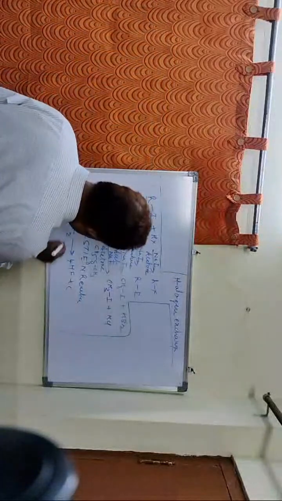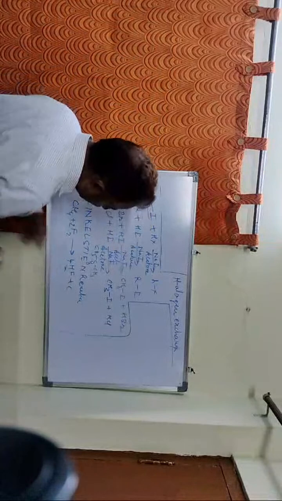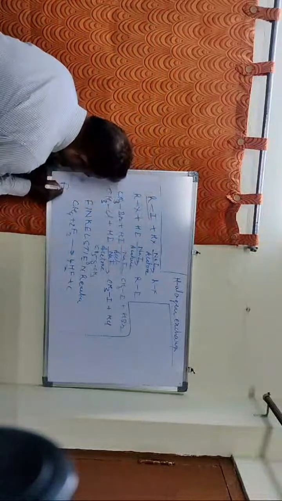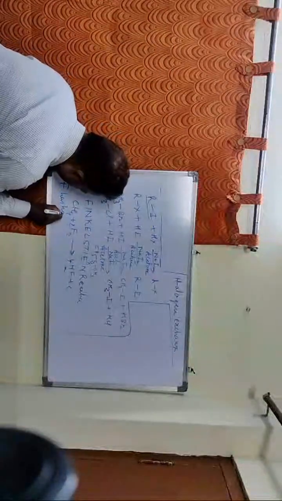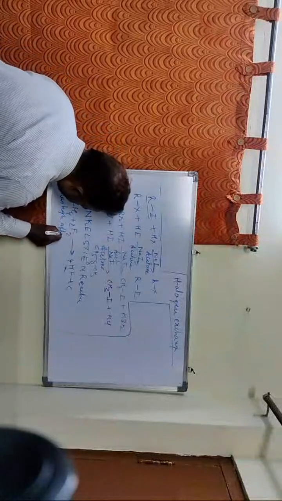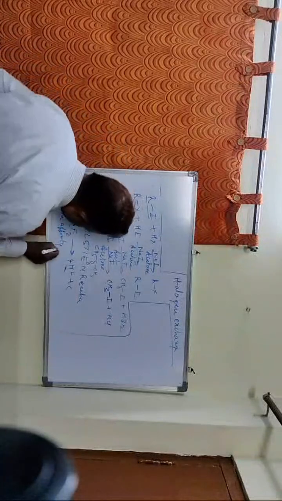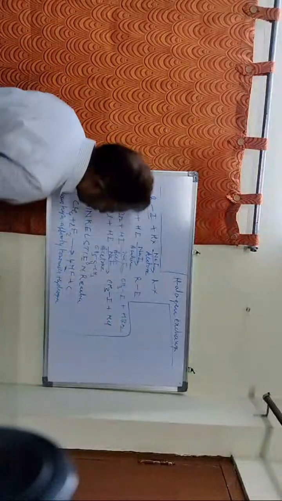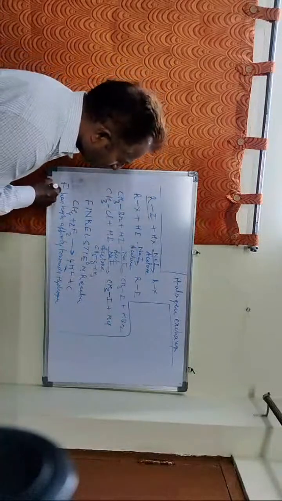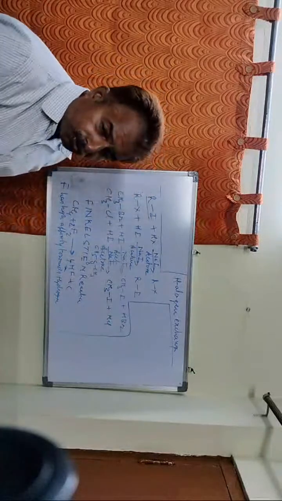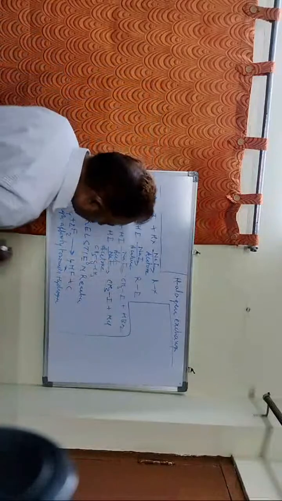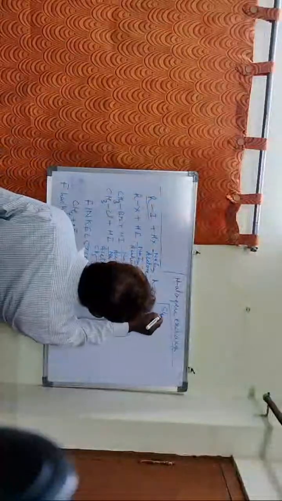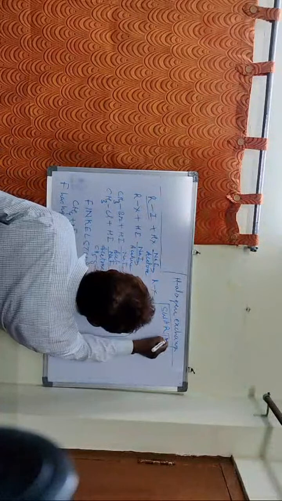So we do not get fluoromethane, we get hydrogen fluoride. Therefore, because of this, fluoroalkanes are not prepared directly. Fluoroalkanes can be prepared in some other reaction,